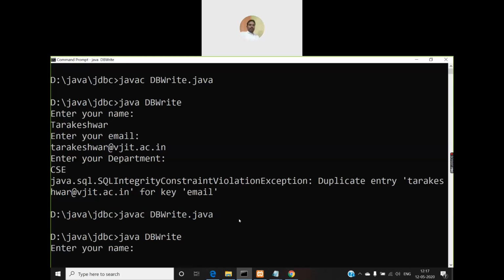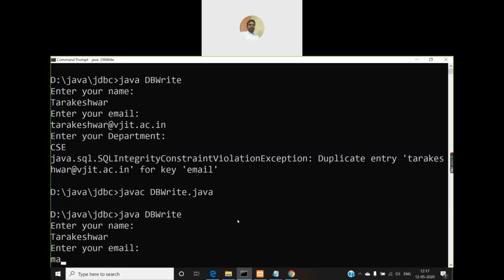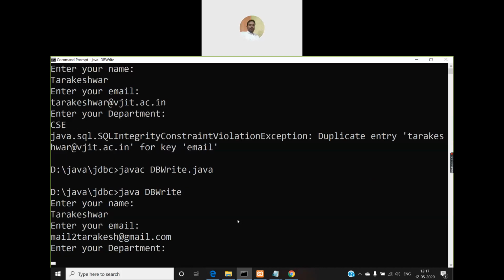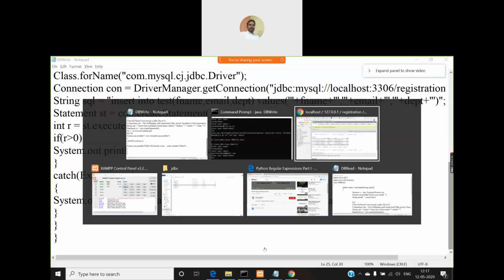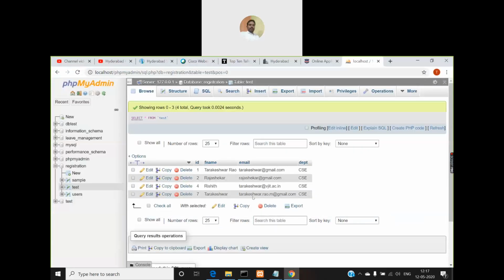This time I'll try to give a different email ID. There is no email ID matching the one that I gave now.